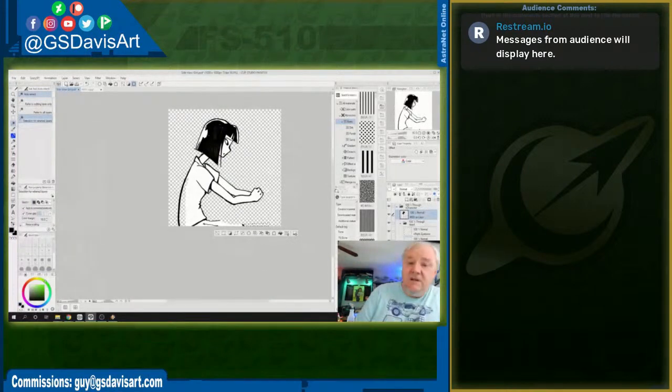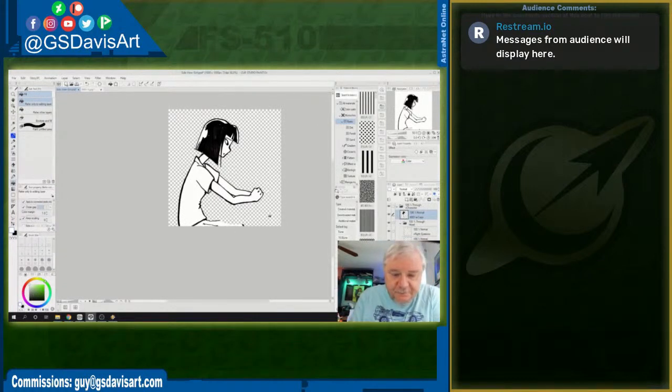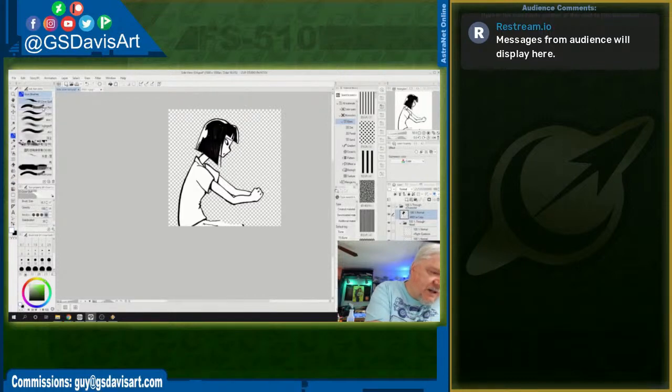The next thing we're going to do is uncomfortably dismember her, which is going to be very uncomfortable, but it's a thing we got to do. All right. Now that we have the base character and what she's going to look like, first let's fill a couple of things. First, for instance, I'm going to take this technical pen,